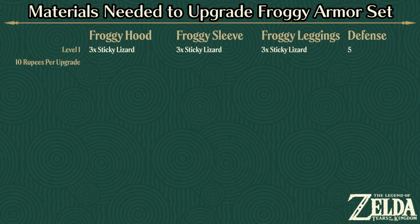Each piece of the Froggy Set has the same upgrade requirements: 3 sticky lizards and a payment of 10 rupees to the Great Fairy. So in total, you'll need 9 sticky lizards and 30 rupees to upgrade all 3. 30 rupees is nothing, but that cost is going to increase as we level up the Froggy Set, so if